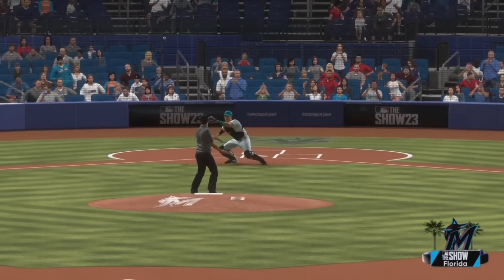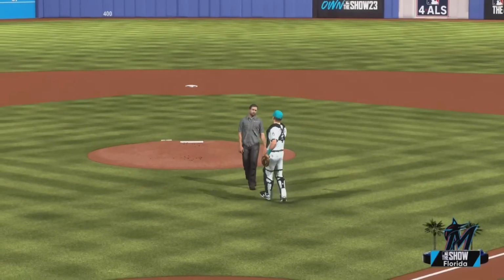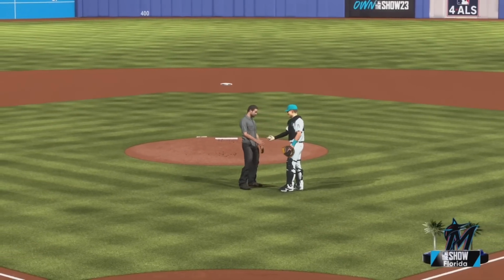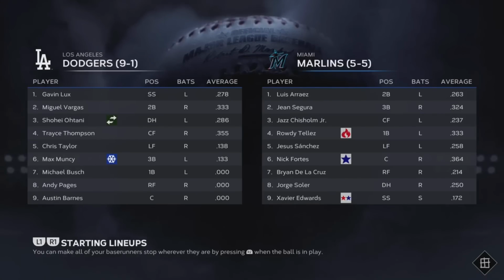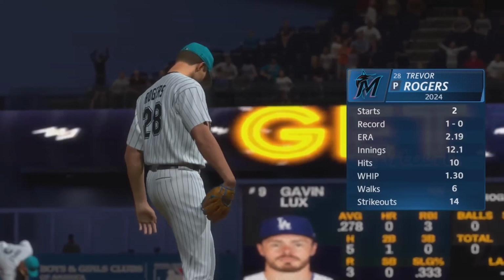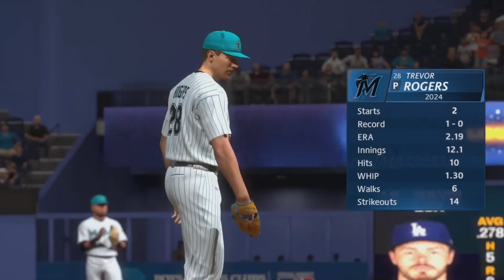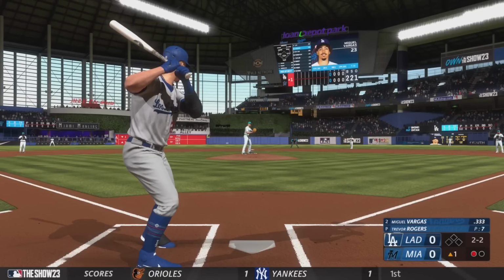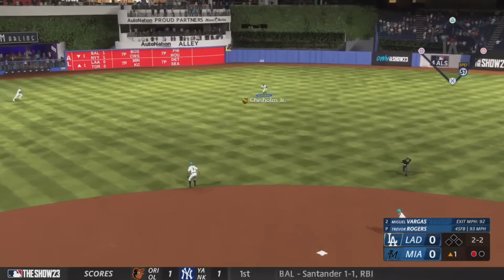We've got this goofball throwing the first pitch, a little bit outside, but I think Angel Hernandez would have called that one a strike. The Marlins rocking their throwback jerseys today. I want to wear these jerseys more often as we take a look at both lineups. Harrison Bader getting the day off here for the Marlins as Trevor Rogers will be getting the start. The lefty's gotten off to a good start to the year. He is 1-0, 2.19 ERA, 1.3 WHIP as he faces off against the young second baseman Miguel Vargas, who singles